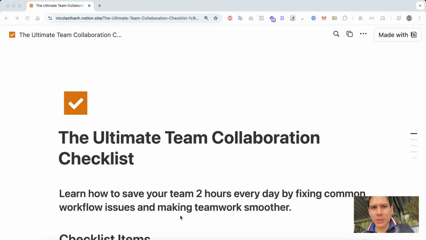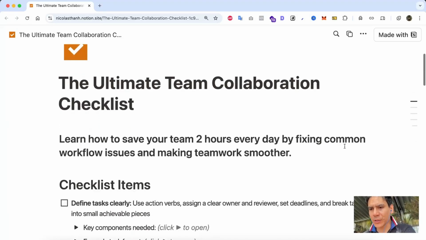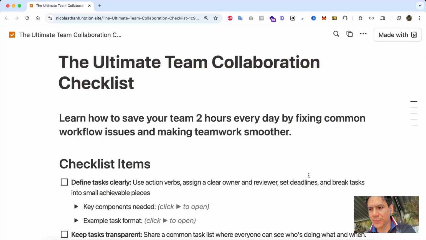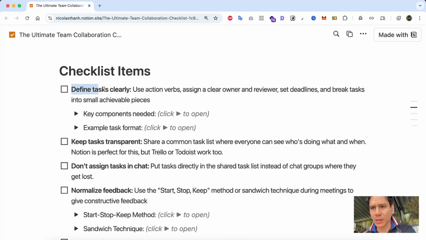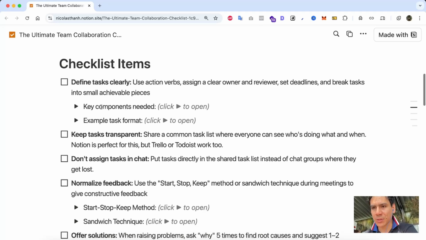Hey guys, I just want to give you a quick overview of what's inside the checklist so you can have an idea of how it can actually save you 2 hours every day. And I truly mean it because the few things you will see inside this checklist are not just common things, but they are actually things that will help you be more precise in the way you produce things in your company. And they are specifically designed for teams because obviously, if you're a solopreneur like I am right now,